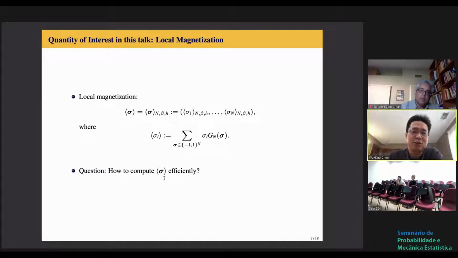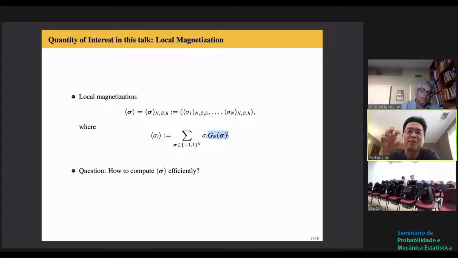All right. So if we don't know anything about the entire theory, but I just give you a measure, this is Gn, and Gn is a probability measure defined on the hypercube, right? So I have a total of 2 to the n many objects. To compute this, the worst case would be you need to figure out the Gn sigma for each sigma, right? And not only that, inside the Gn sigma, since this is a probability measure, we know